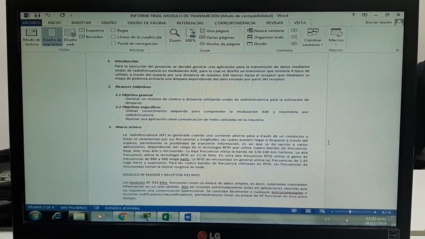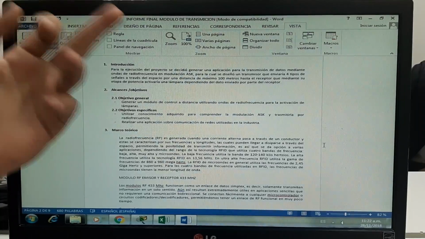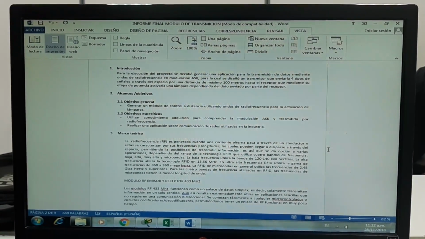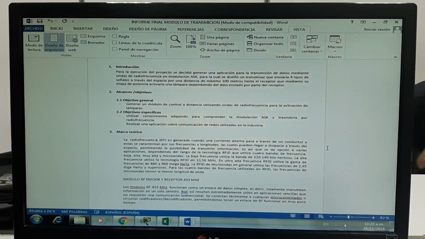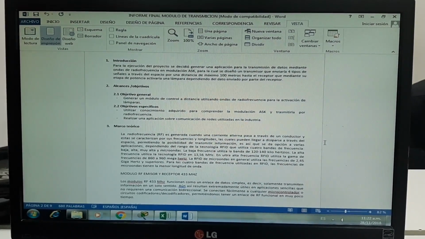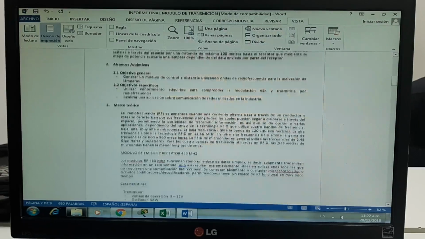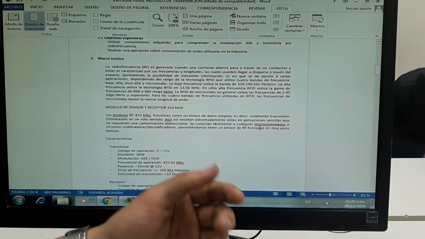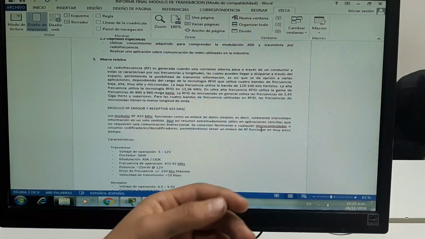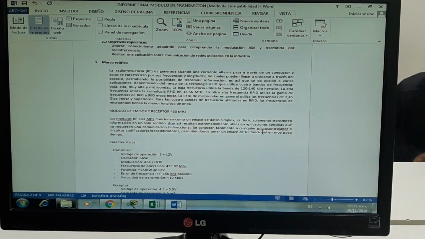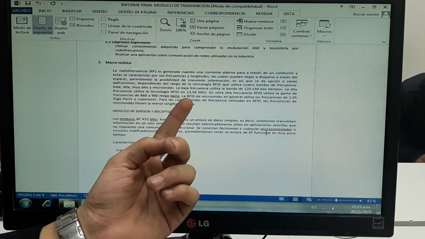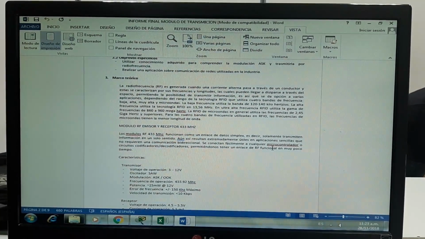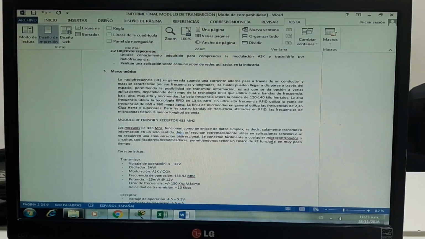As you can see, we are talking about the ASK modulation, because that is the modulation we are using for our project. As you can see, RF is a way of transmission, and this especially has four kinds of bands of range, four kinds of range of RFID. That means microwave range. We have four. In first place, we have